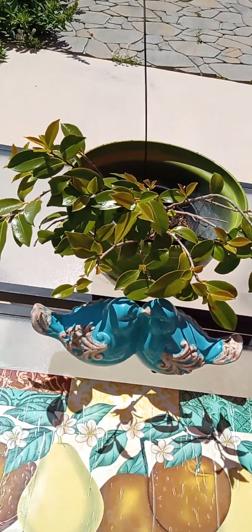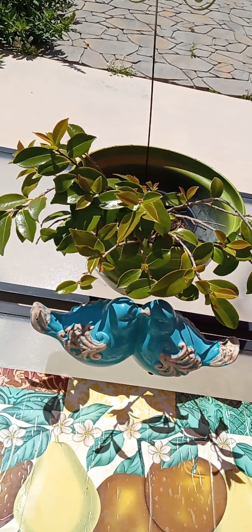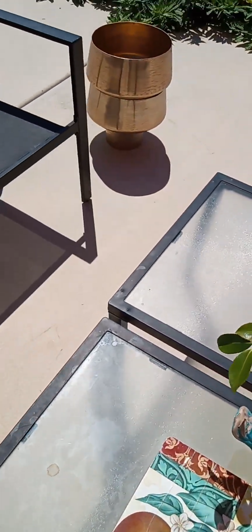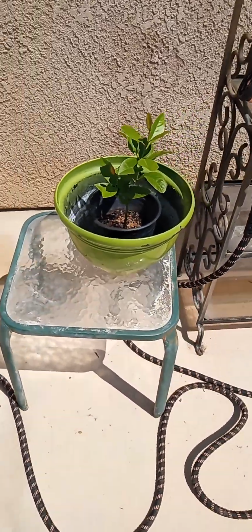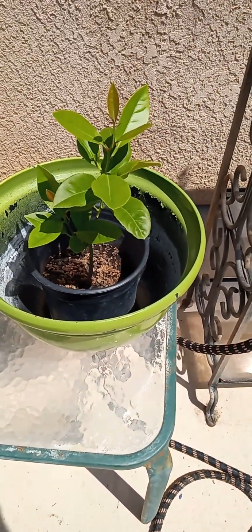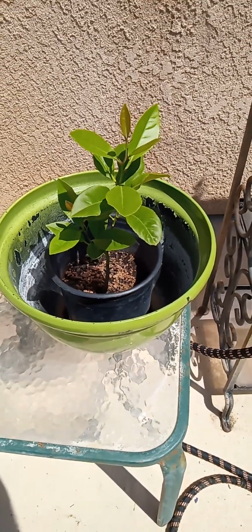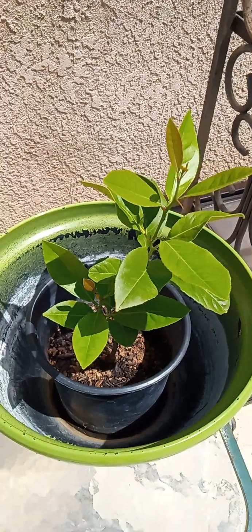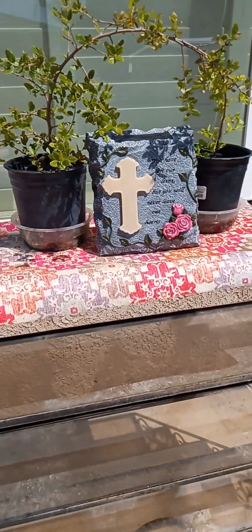I had purchased this flowering bush probably like a year and a half ago. This right here is a lemon tree that I started from seed 2 years ago. Doing very nice. Then right over here,